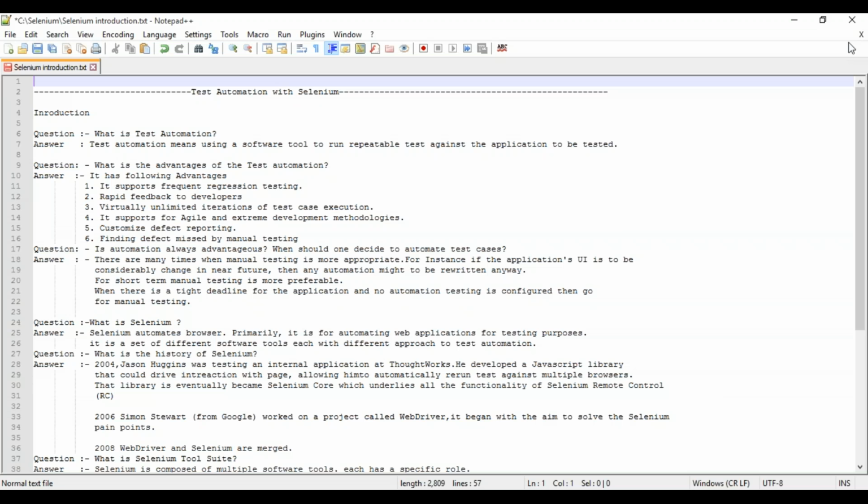So before starting Selenium, I just want to emphasize the concept of test automation. So what is test automation? Test automation means using a software tool to run repeatable tests against the application to be tested. These days, a lot of web applications run on different browsers like Internet Explorer, Google Chrome, Firefox, etc. So if we create an application and that application is to be tested automatically, that process